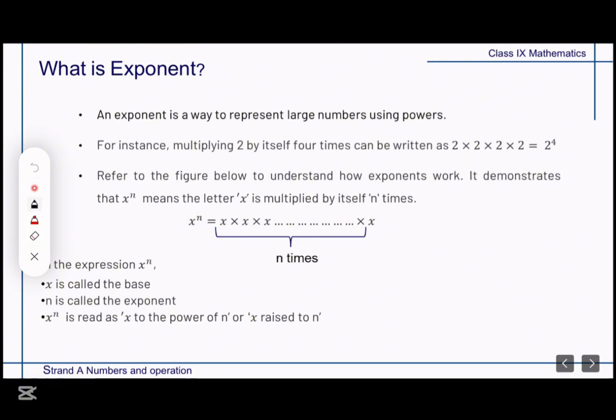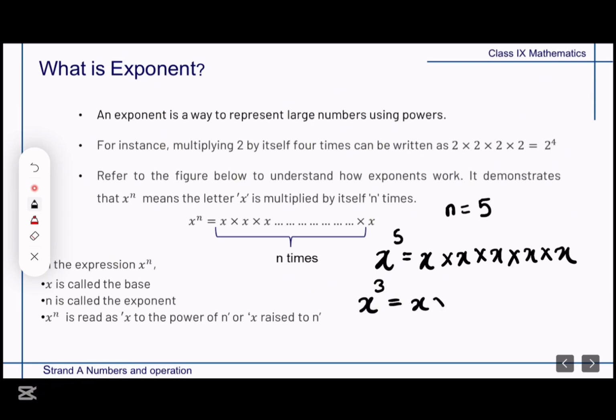So therefore, unless we know the value of n, let's say the value of n is 5, which means x is raised to 5. This means that x is multiplied 5 times or repeated. X is being repeated 5 times. If x is raised to 3, it means x is being repeated 3 times. So here you will see that